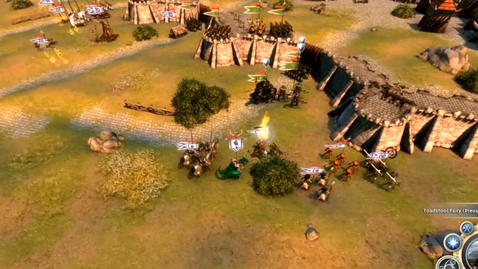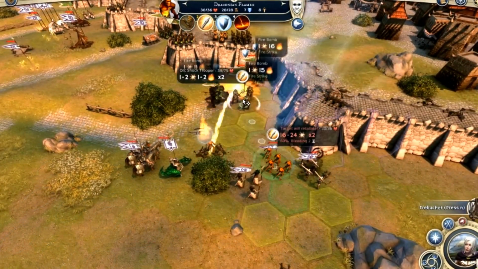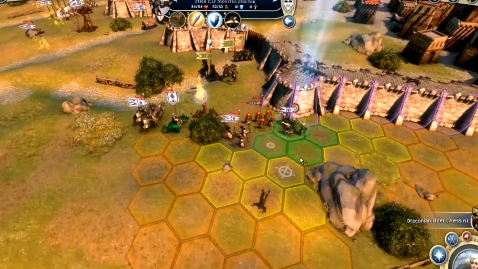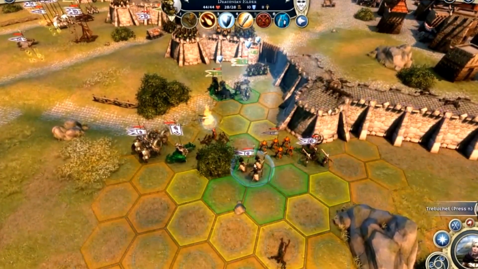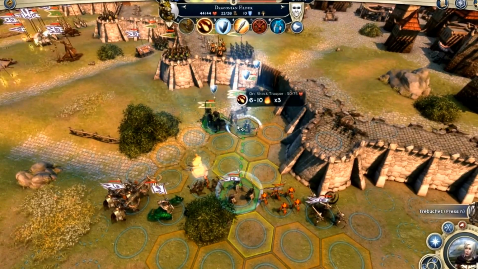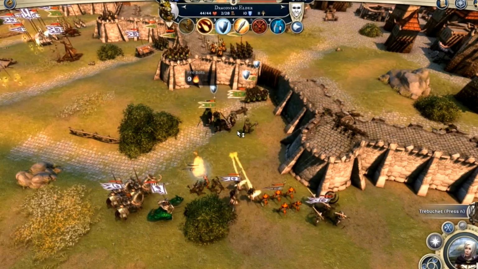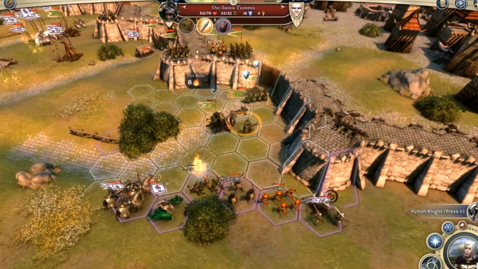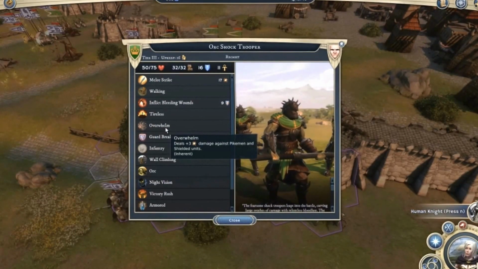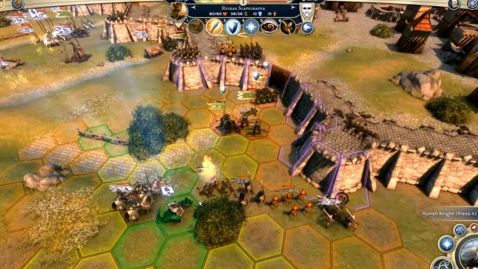Right. Perfect shot for the flamers. I should have moved them out the way though, that's a big problem. Let's pull these forward. Shock troopers. To be honest, I should have been aiming at the shock troopers. They have overwhelm, which means they're going to do extra damage against the knights because they are shielded. Right, I really need to be focusing attacks on...